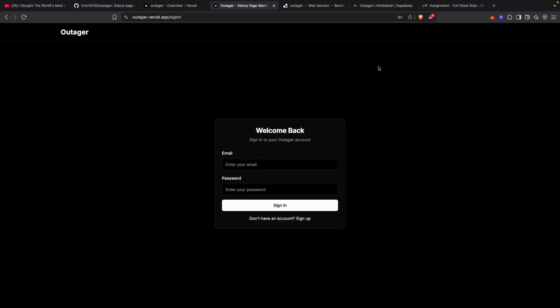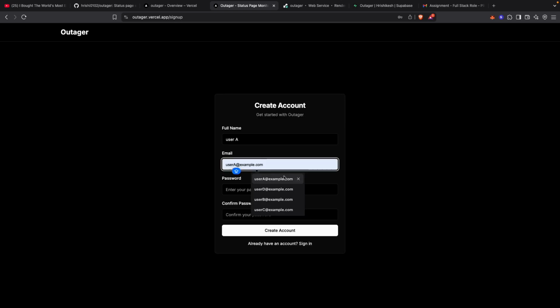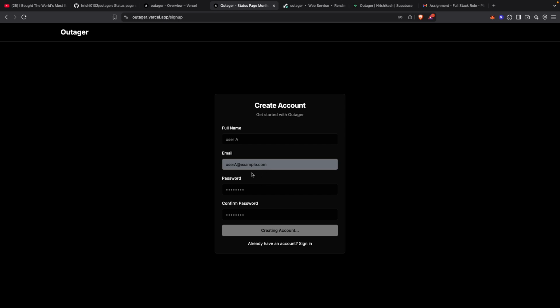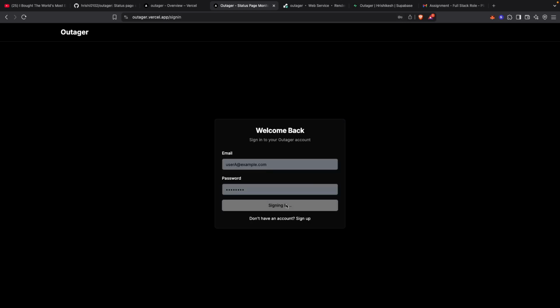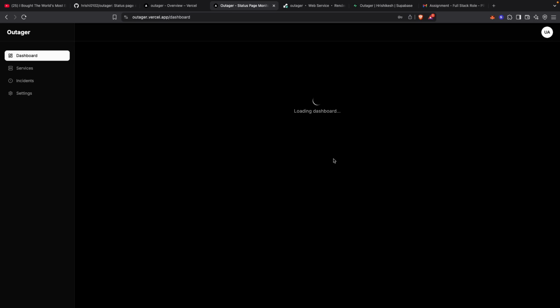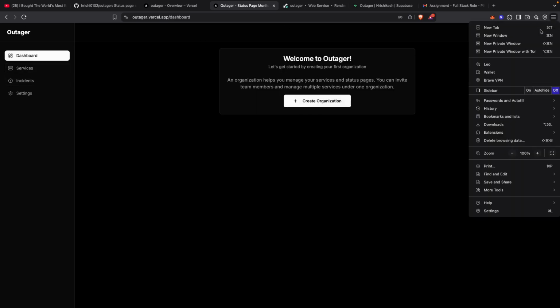Let me just create a new user so I can be part of an organization. So user a at example.com, password, save. The user has been successfully created, and now let me log in into the new user. If a new user comes, he cannot see anything because he's not added to our organization, but he can create an organization. Let me open a new tab, new window,